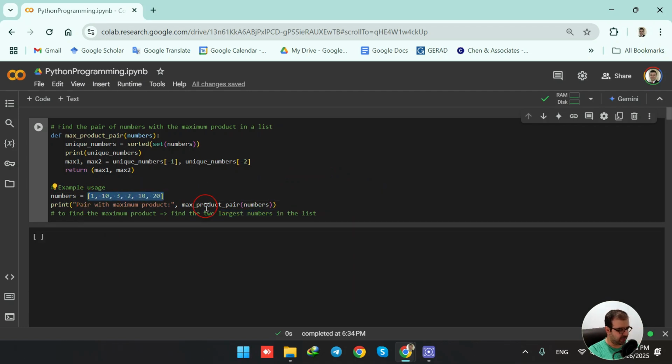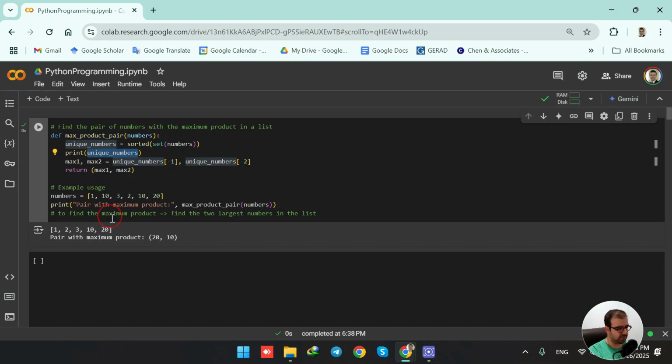So this is my list. I'm calling this function max product pair, and it is going to do the work for me. I'm passing as argument this numbers list. When I'm passing it, I'm using the set function to convert it to a set to remove duplicates. Then I'm using this sorted function in order to sort it in ascending order, and it is assigned to unique numbers. Then when I print unique numbers, just for better understanding, we see that the unique numbers set here is